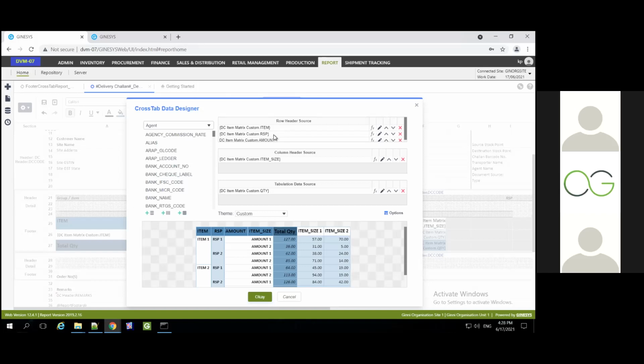So division, section, department. All that has to be predefined, and your data source has to be ready for you to create this matrix report. So in that case, you will be using that particular data source to create the size wise matrix. I mean, for each size, what are the various quantities? So this is how you can achieve this.